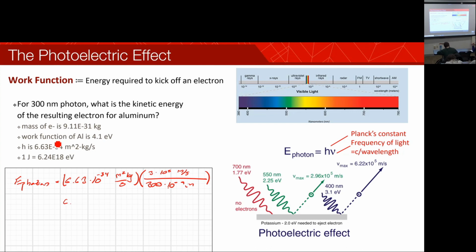And so this gives us 6.63 times 10 to the minus 19 joules, which is 4.14